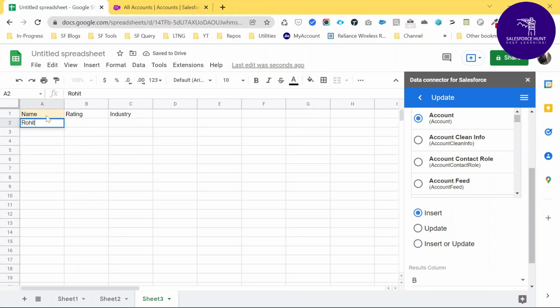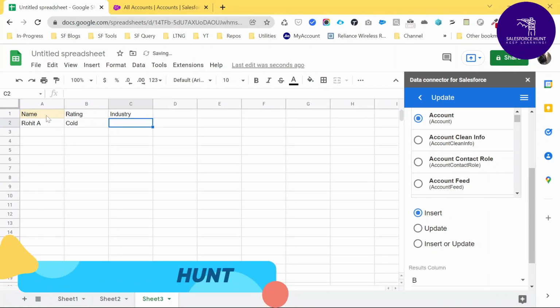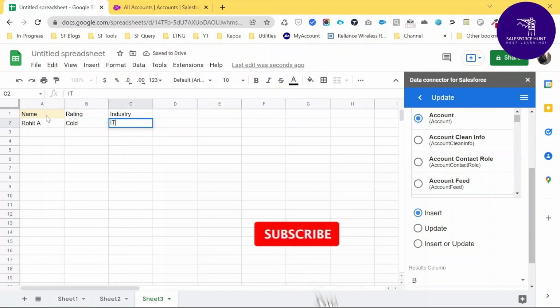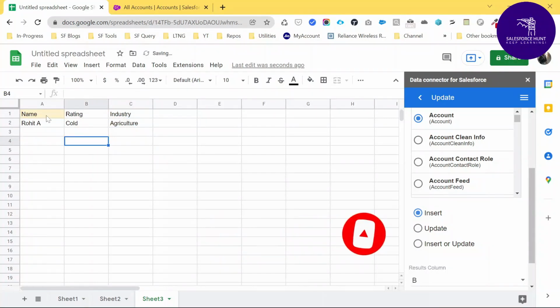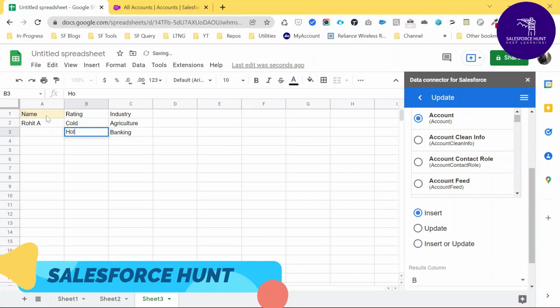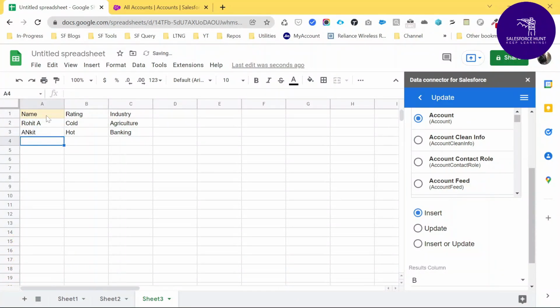Like name Rohit A, something like that, rating called hot, industry IT, something like that, or agriculture, banking, like that, and Ankit, name is Ankit here, and you can give any name as you want, like David, and hot, and it's again banking, right?